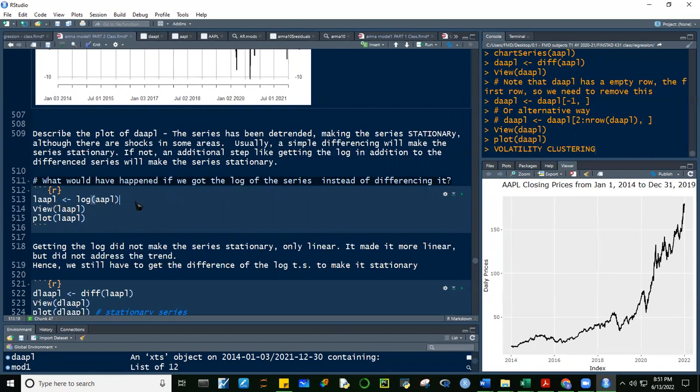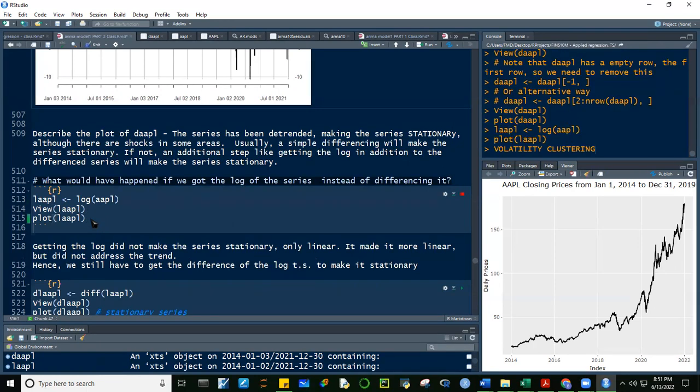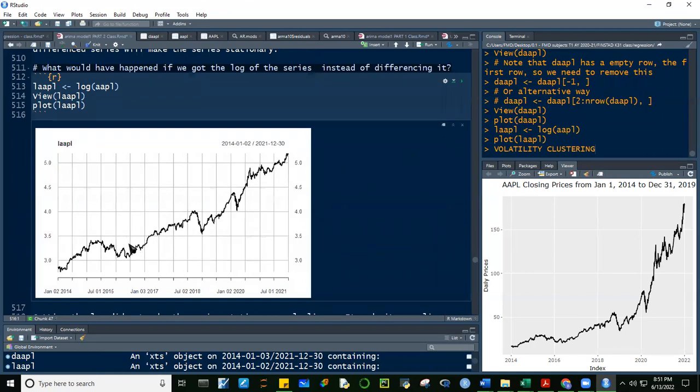Ito naman, guys, ang ginawa niya, yung Apple data natin, ginawa niyang log muna. Let's run this. Okay. And then, i-plot na lang natin yung log AAPL. Okay, take note guys. Getting the log did not address yung trend. It did not address the non-stationary in mean. Okay, so pag non-stationary guys in mean, tapos hindi naman siya non-stationary in variance, wag mo gamitin yung log. Diretsuhin niyo na sa